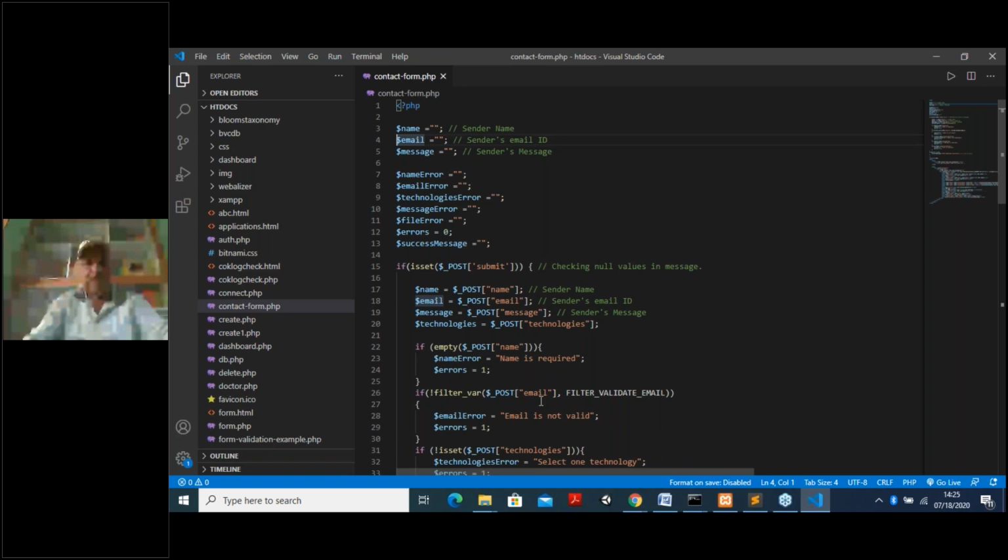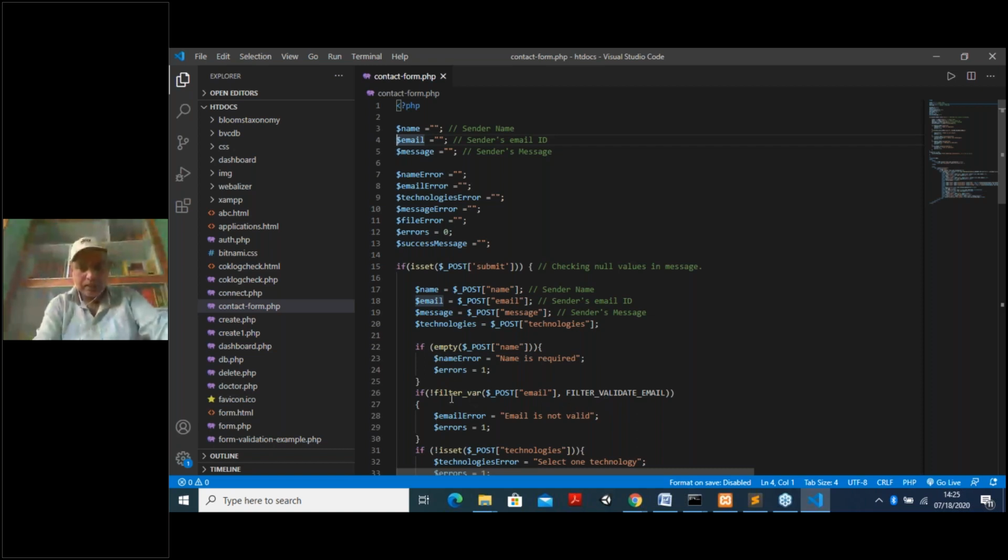There must be an @ and a dot in the email. Email cannot be just hello 123; it must be hello 123 @ gmail.com. It is mandatory in this format. So this filter underscore var function will check all these things and go for the validations.